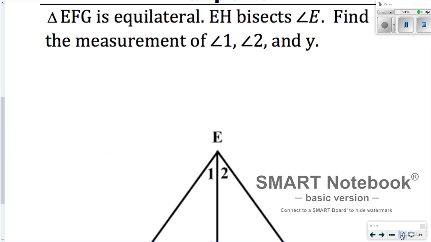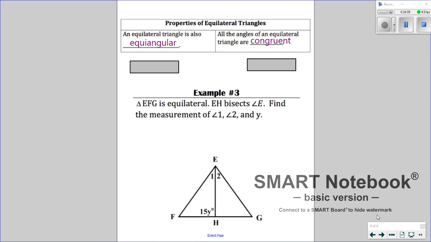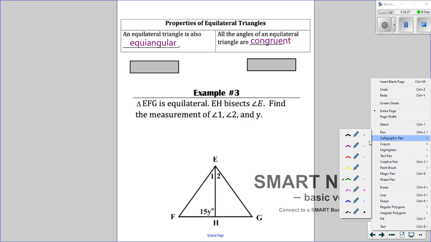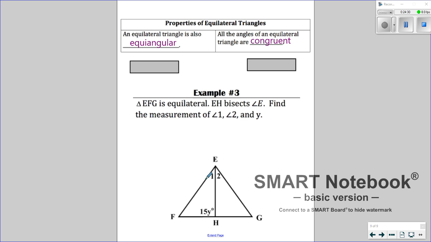So we can use that information in order to do this example. It says that triangle EFG is an equilateral triangle. EH bisects angle E. Remember about bisecting? When you bisect an angle, it creates two congruent angles, and they want us to find the measurement of angle 1, angle 2, and y. So for the first thing, I'm going to mark that angle 1 and angle 2 are congruent. Angle 1 is congruent to angle 2 because EH is an angle bisector, and it bisects these into two